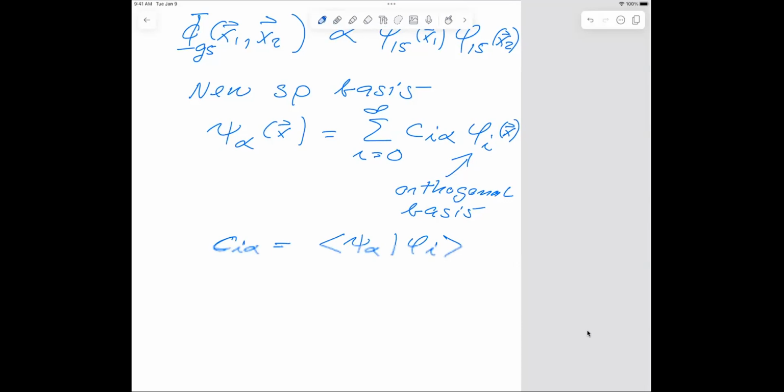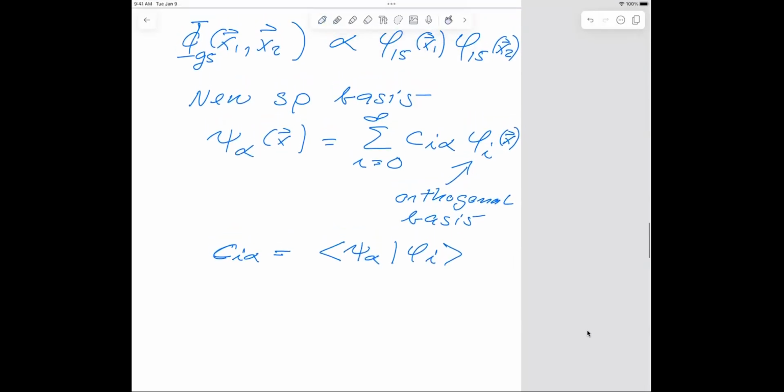So the calculations which we are going to deal with in this course is actually to find different recipes which allow us to find this coefficient C I of alpha. Because normally the quantity which you see here, this specific quantity,